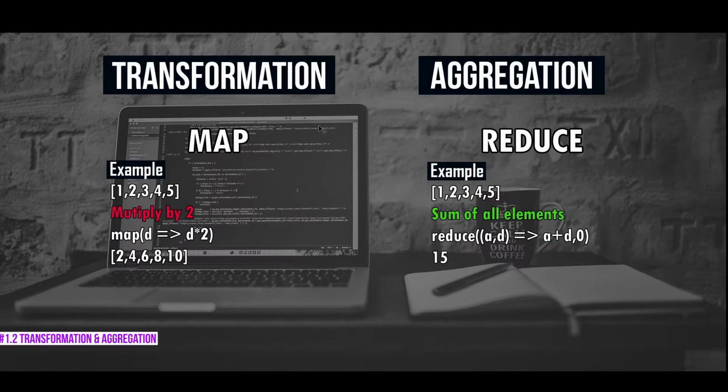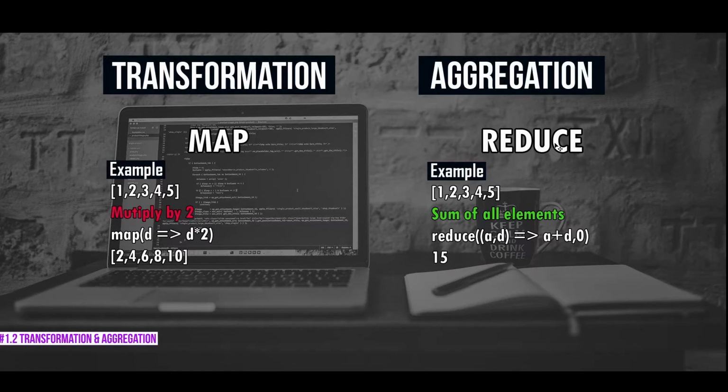One of the most common use cases with time series data is that we want to aggregate the data we captured at different timestamps into time intervals to create actionable insights. To be able to achieve that, we need to perform transformation and aggregation at a database level. So let's understand what these two operations are. If you are familiar with the map function in JavaScript, it represents a transformation. For example, if you have an array and we apply the transformation of multiply by 2, then we take each element of this array and multiply by 2 and we get this new array. So that's what a transformation is. We take each element and we transform it into something else.